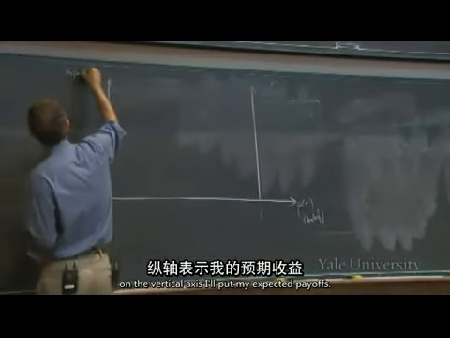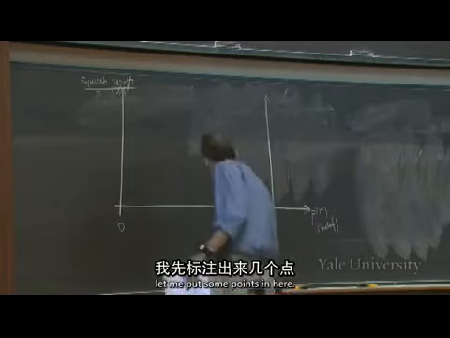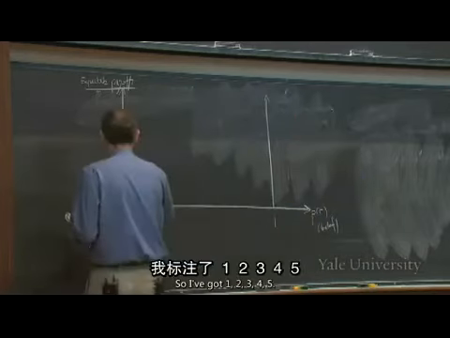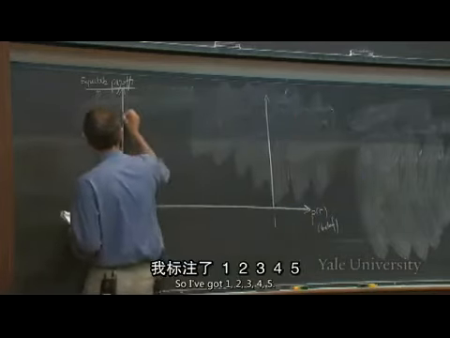All right, and let's start by considering my payoffs on this picture. Just to help myself a bit, let me put some points in here. So I've got 1, 2, 3, 4, 5. 1, 2, 3, 4, 5. You should probably do the same in your notes. You probably have lined paper. That makes this easier.